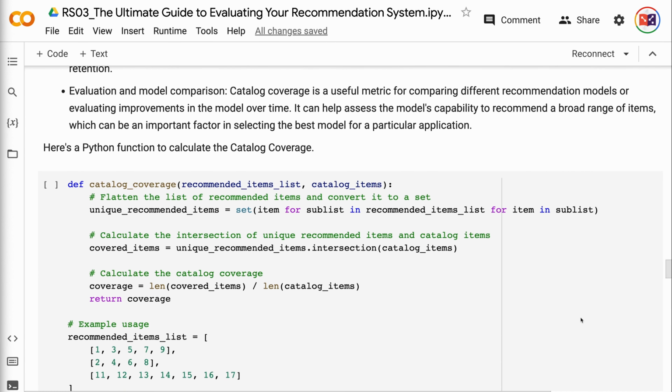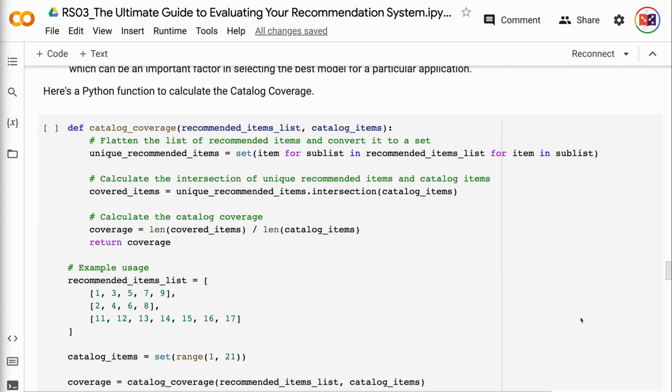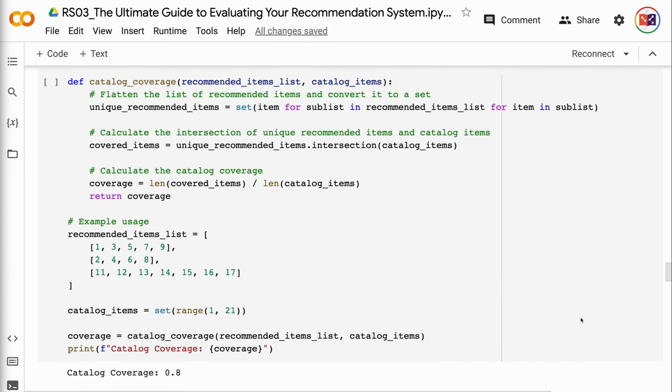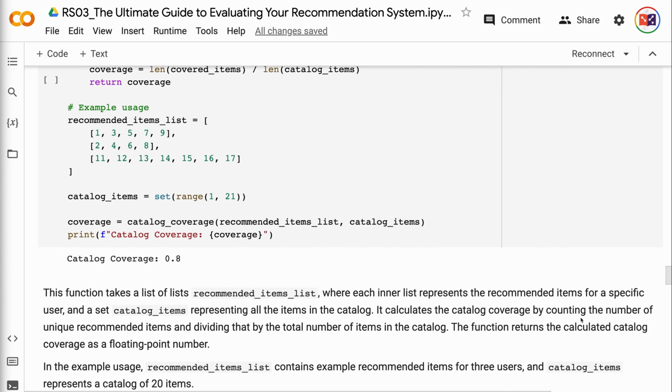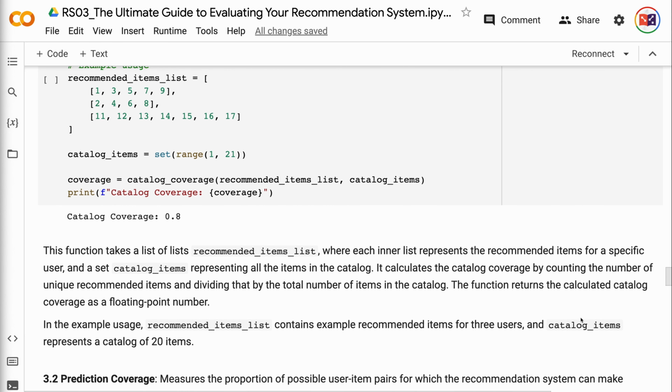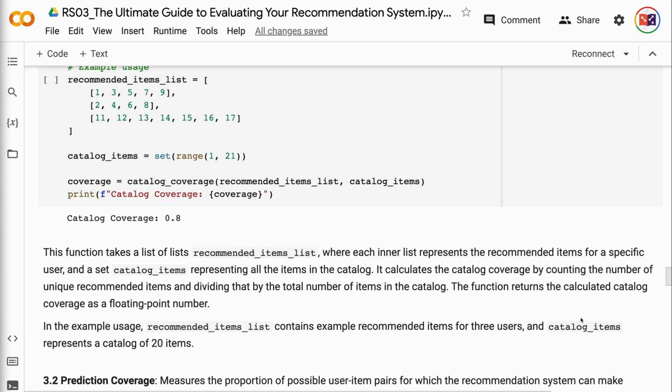Here's a Python function to calculate the catalog coverage. This function takes a list of lists, recommended items list, where each inner list represents the recommended items for a specific user, and a set, catalog items, representing all the items in the catalog. It calculates the catalog coverage by counting the number of unique recommended items and dividing that by the total number of items in the catalog. The function returns the calculated catalog coverage as a floating point number. In the example usage, recommended items list contains example recommended items for 3 users, and catalog items represents a catalog